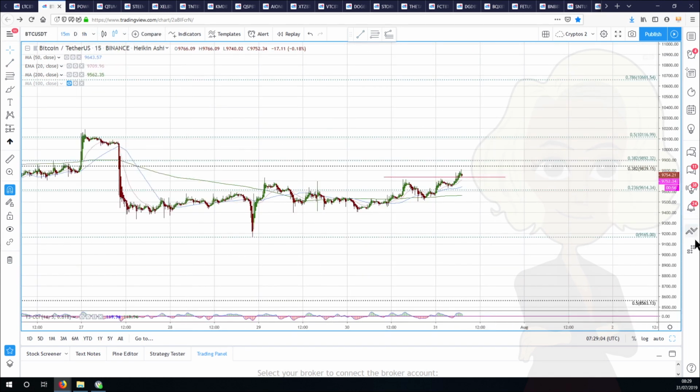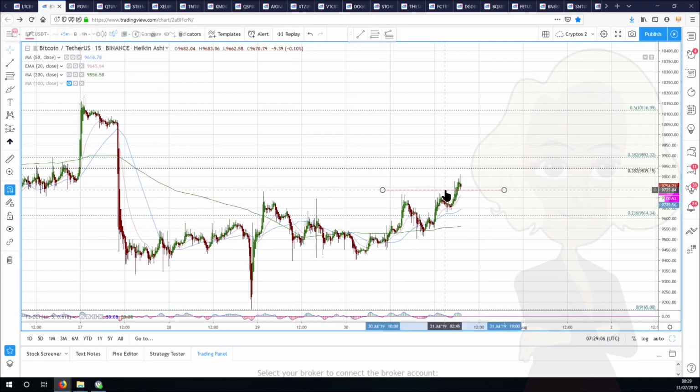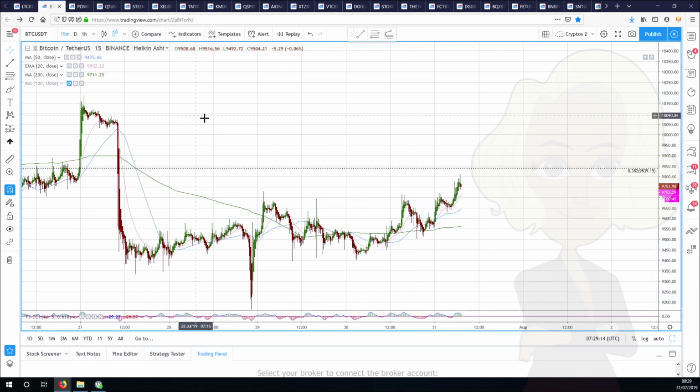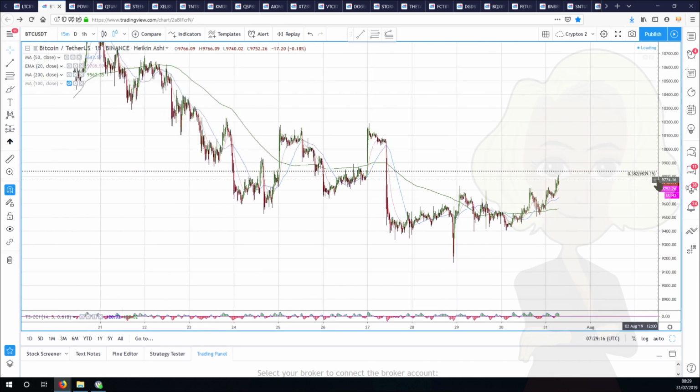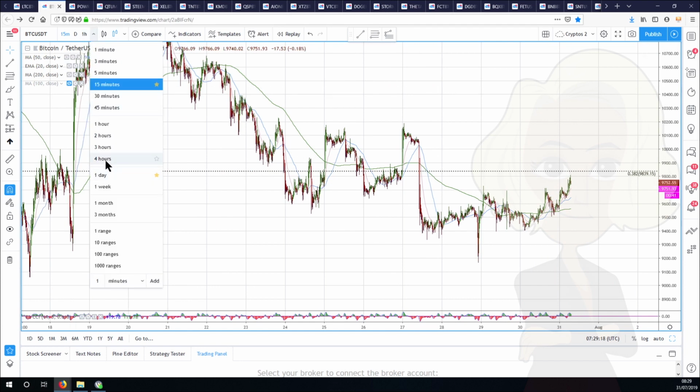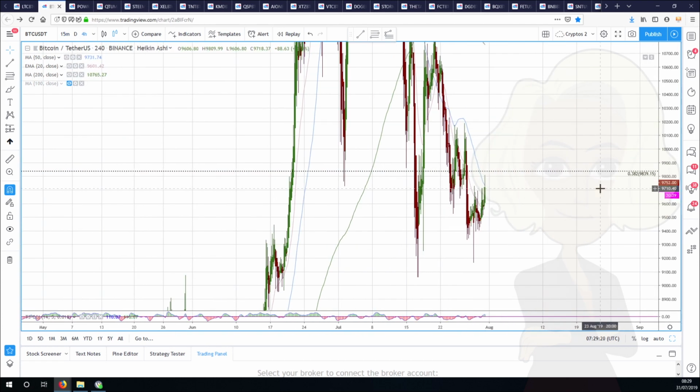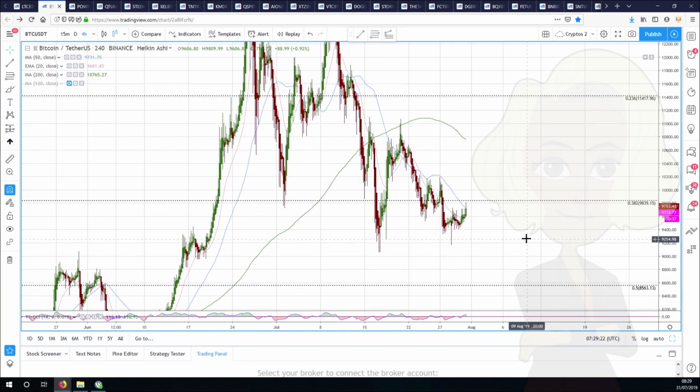So on a 15-minute, here we've got a little pullback. You can see this previous double top. Something like this and a turn higher would be quite bullish for me. So short term, immediately, that 10,000 area is going to be our first problem. Okay, now if we go up to a 4-hour, and we talk about where we go if we go beyond